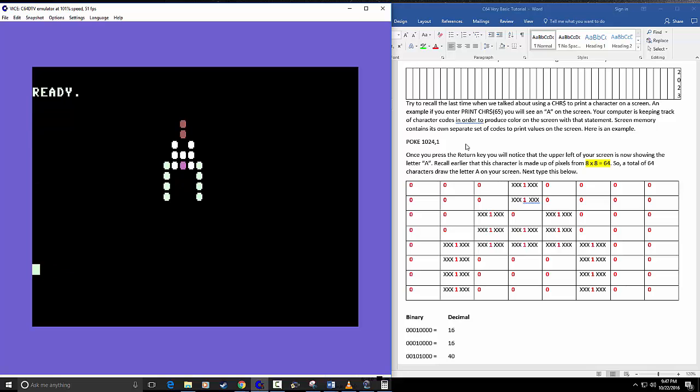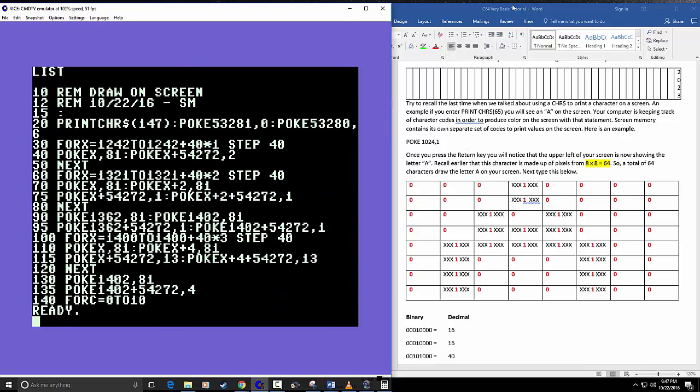Unless it's just listed, doesn't matter. Okay, so we're familiar with the top part here. This clears the screen, as always. This is just changing the color of the screen background to black, and this is just changing the border to blue. The next thing here, where it says for x equals 1242 to 1242 plus 40 times 1,